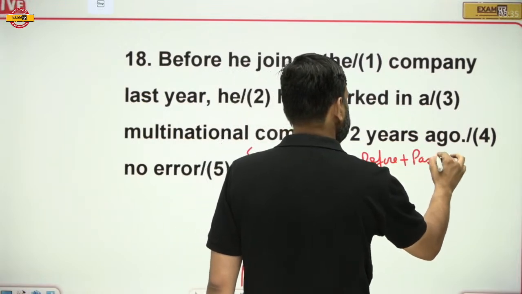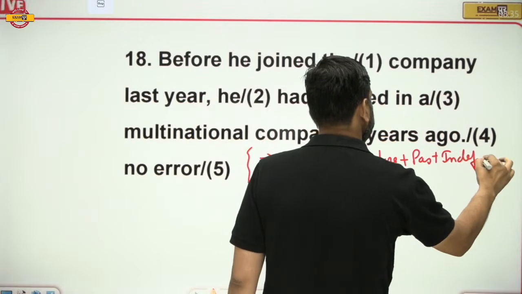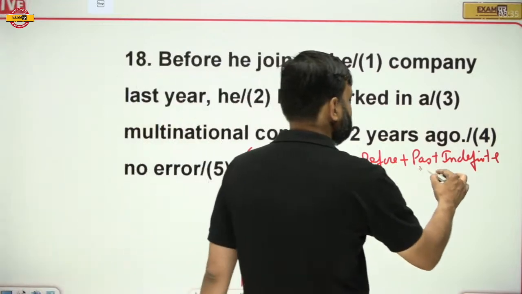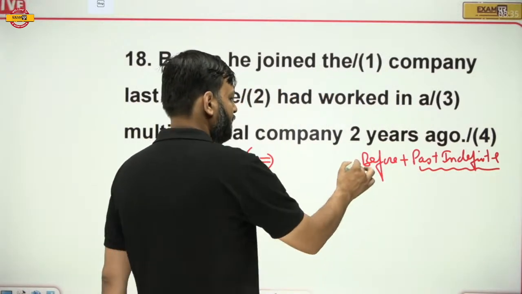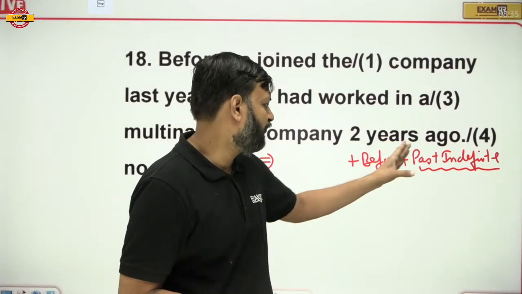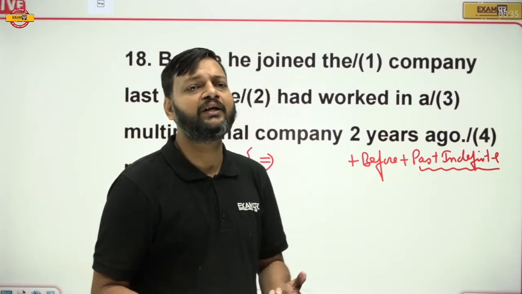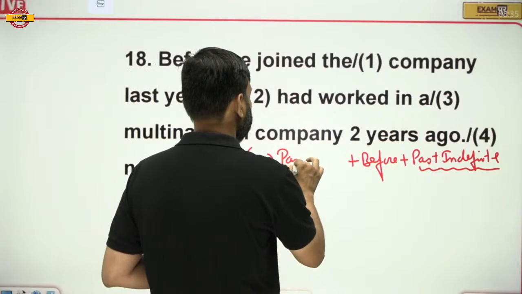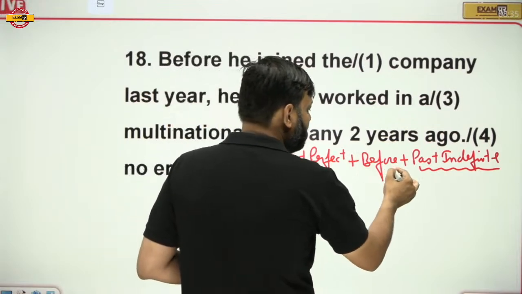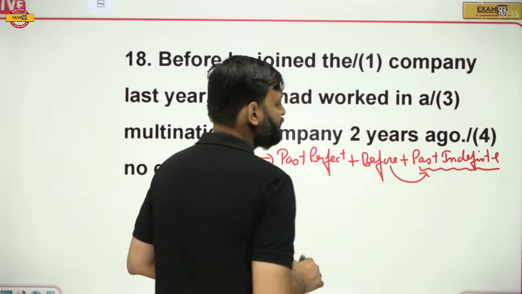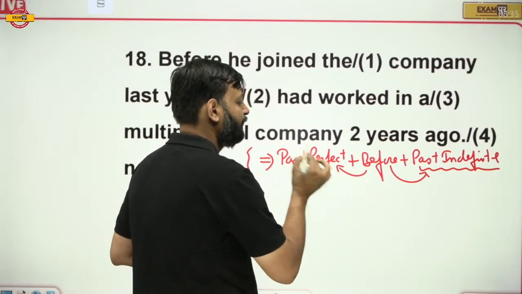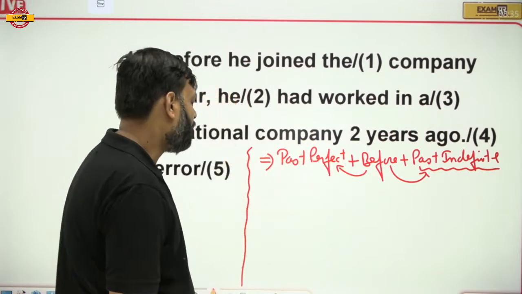Before is always followed by past indefinite. Okay, we all know this, that before is always followed by past indefinite, right? And the other clause of the sentence must be in past perfect. So right after the word before, we need a past indefinite tense, and the remaining clause must be in past perfect. Okay, now this sentence can also be written,